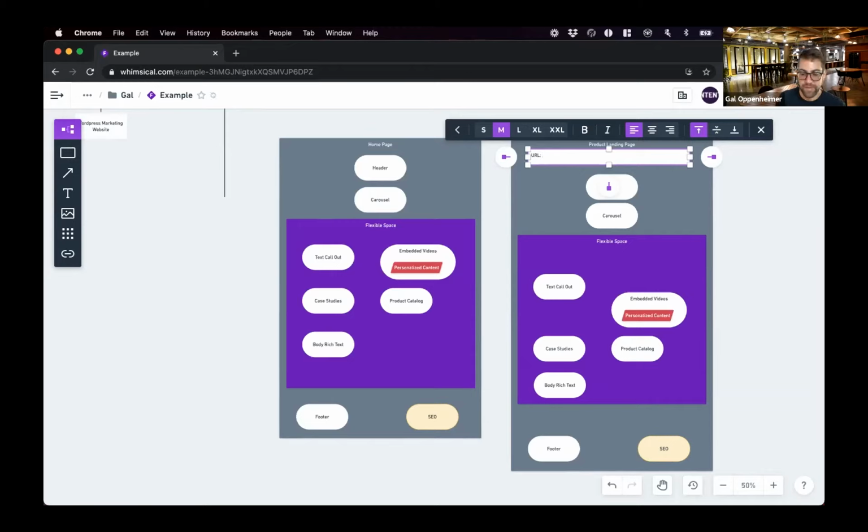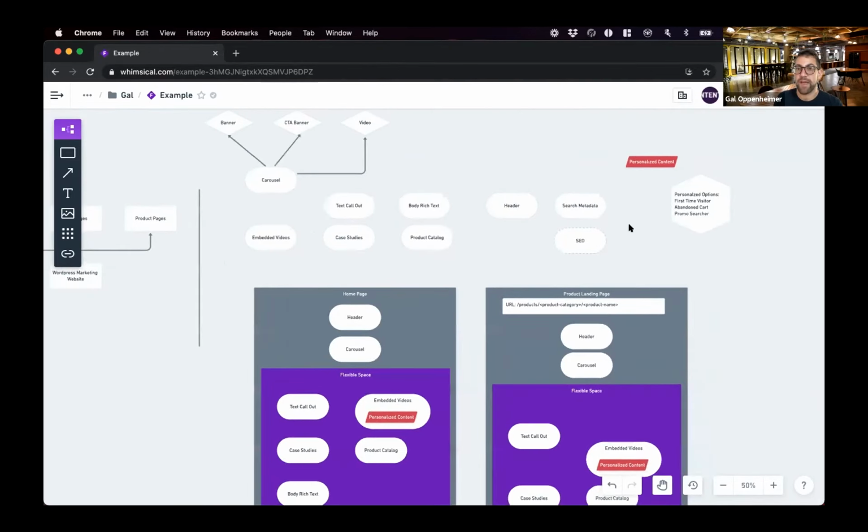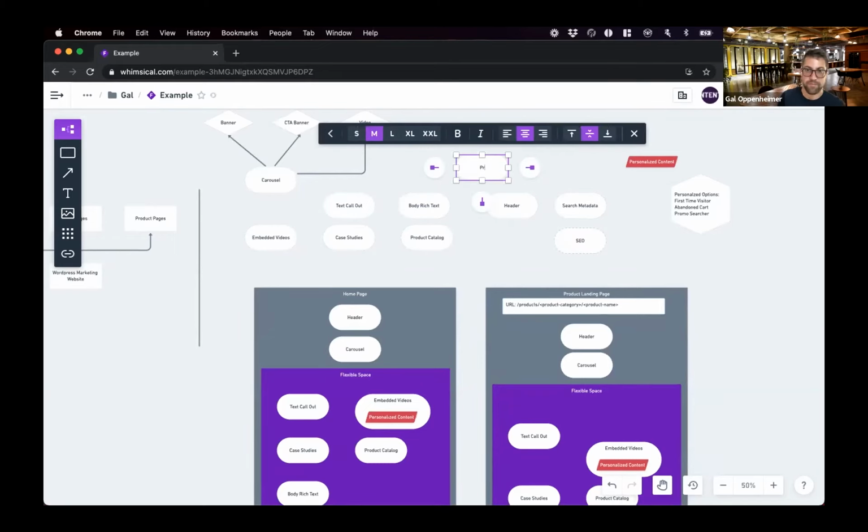So let's say it's going to be /products/ product category / product name. This can automatically be filled out based on the metadata I'm selecting. So for example, we notice there's a product category, so I may need to add another model for the product categories.